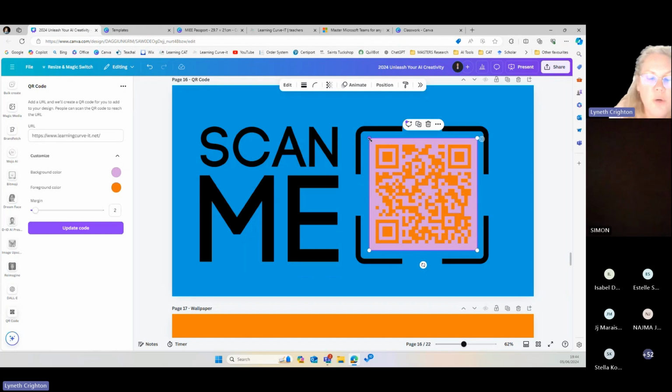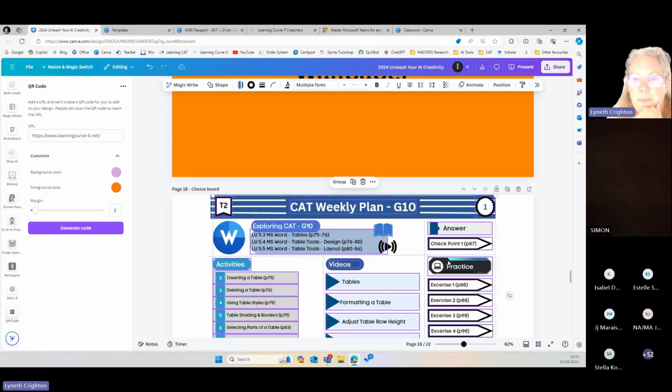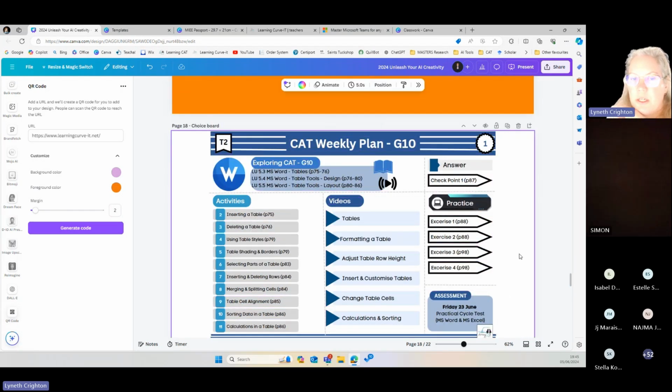in Edge. It's a very American thing to call it a choice board, but you can use that as a version of a choice board to give children choices, and then they can read and find out more information. You can have a surprise, scan me, you can use it as a treasure hunt, you can use it for open day, for explaining, and those people who know Flip, unfortunately Flip's coming to the end, but you can link it to any kind of video or any design or website or information. The other way to do a choice group, this is what I give my